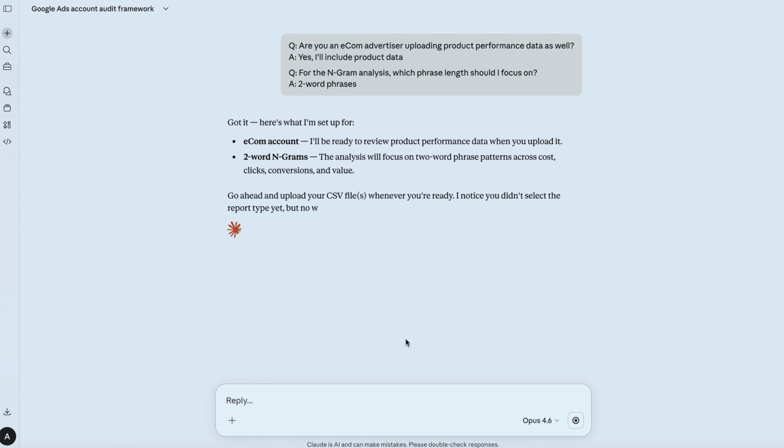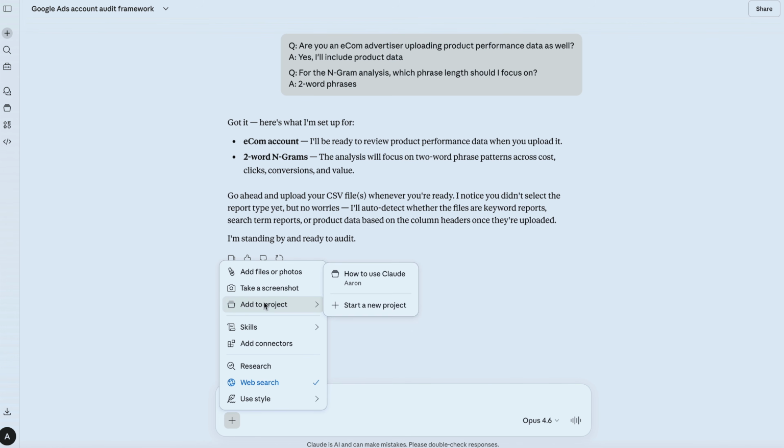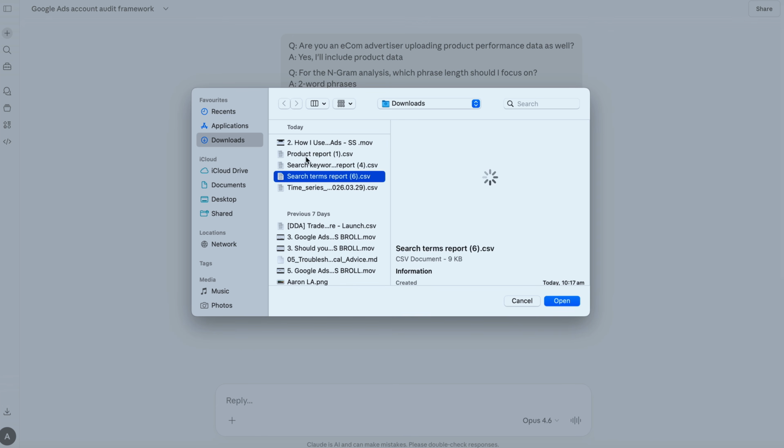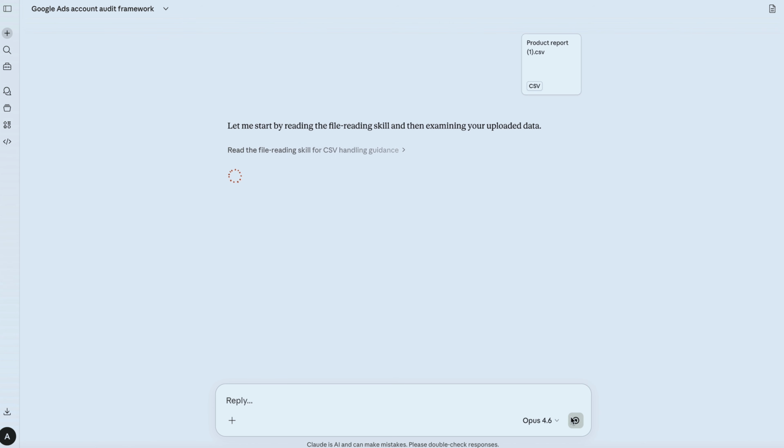Then it just comes through and what it's saying is that we need to now go and upload the data that we've got here. So what we're going to do, we are going to add our files and this is the product report that we've got ready to go. Once that's uploaded, we then just go through and press enter and we wait for Claude to go through and complete this data. Now, while that's running, and I'll keep that running in real time,